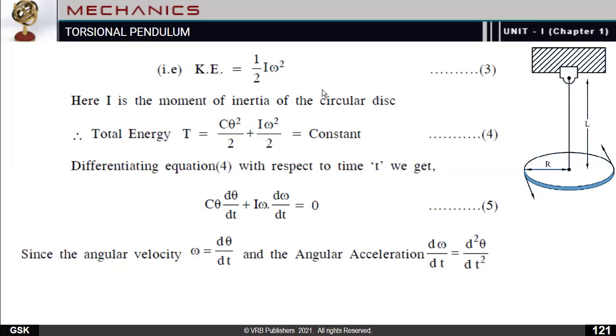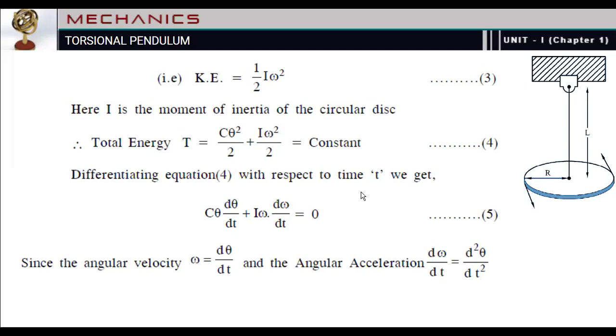Then differentiating the equation with respect to time. Here in equation 4, both theta and omega are variables. So we have to differentiate omega with respect to time and also theta with respect to time. See, theta square, while differentiating, will become 2 theta into d theta by dt. The 2 and the already existing half will be cancelled. So finally we will get C theta, and once again we have to differentiate theta, so we will get